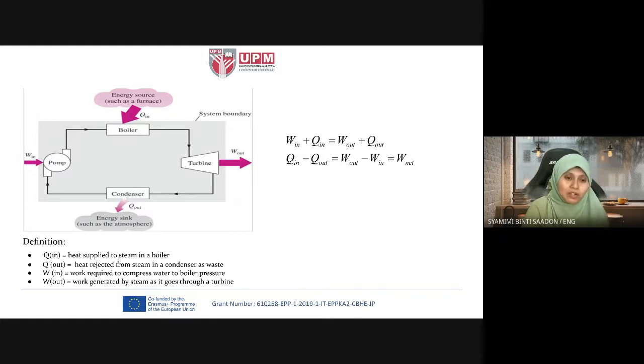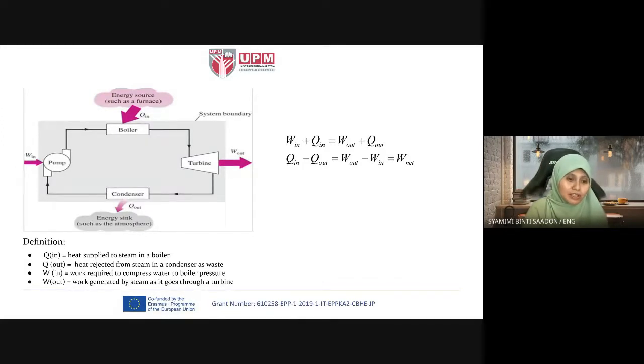Remember these four. Normally we will start with the pump. A pump is for liquid, remember, and a compressor is for gas, vapor, steam. In a turbofan, the aircraft engine, you don't see a pump. You use a compressor, but the function is the same, to compress, to increase the pressure. But a pump is used for liquid, when the working fluid is liquid, because in an aircraft engine the working fluid is air. So for air, we use a compressor.